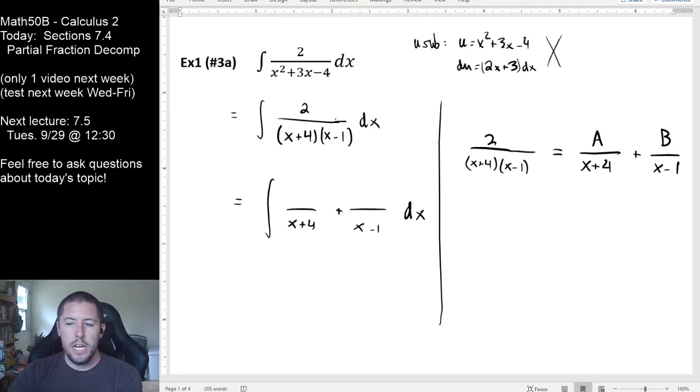So the point is, what I don't know is what a smart choice would be for A and B to decompose this fraction into these 2 fractions. But I do have an equation right here. I have a relationship. Now, immediately, I am hoping that the algebra thought that you're thinking to yourself is, but